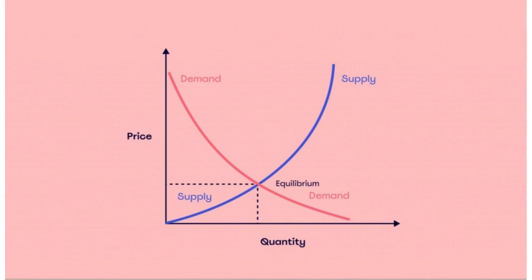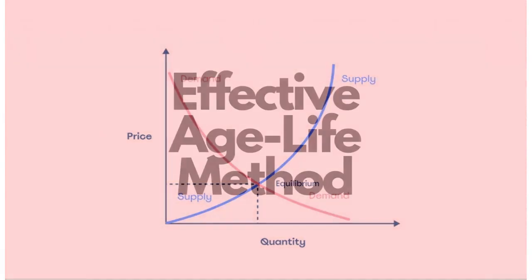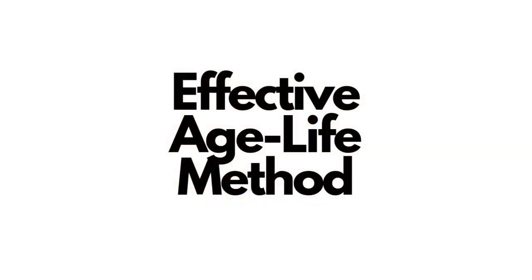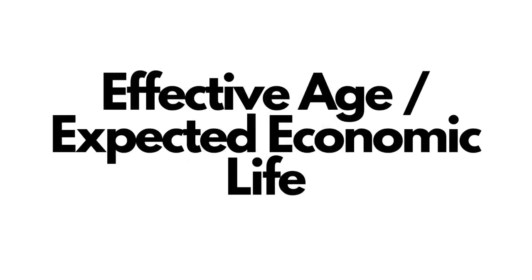Highlighting the third component, which was depreciation. Use the effective age life method as was described in video number 3, or part 3. It's clearly covered there, with a great example so that you can determine how the effective age should be applied and how it depreciates a home that you are considering and trying to determine what the appropriate value should be.